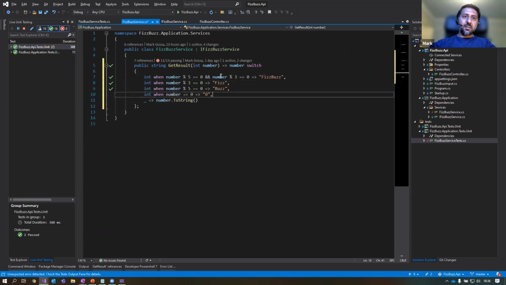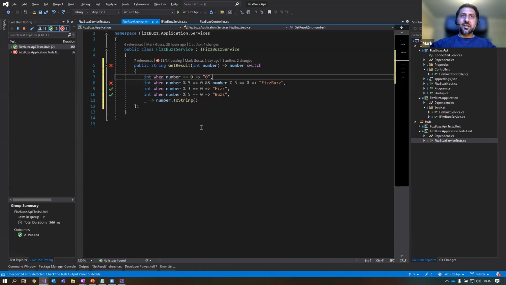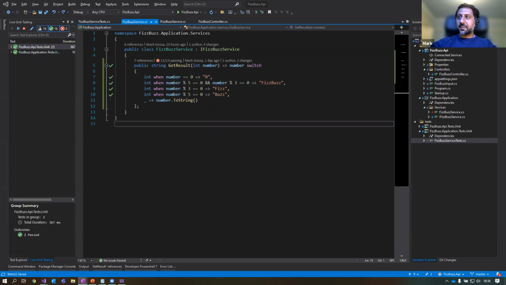Maybe I can move this down to the bottom or not. Okay, we can't do that. So if I wanted to go back to a working state and I don't know what I've done, I just keep pressing Ctrl-Z until all the little lights go green. So it's a fairly simple way of taking your brain out of the equation, just making life easier for yourself, and also pretty quick.